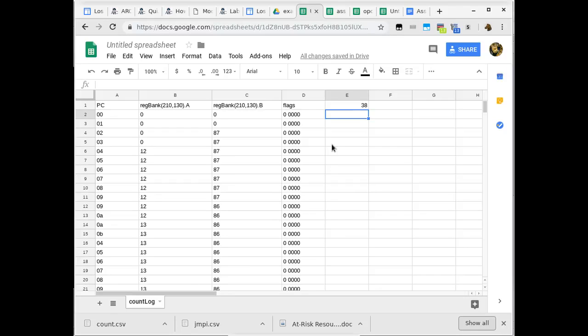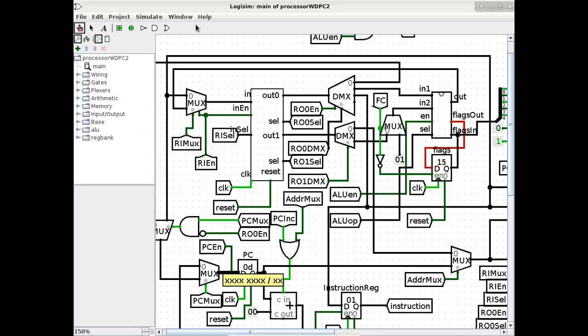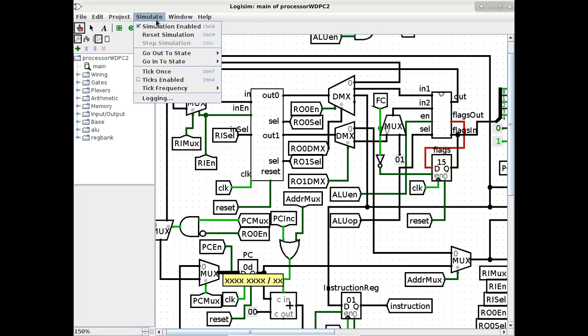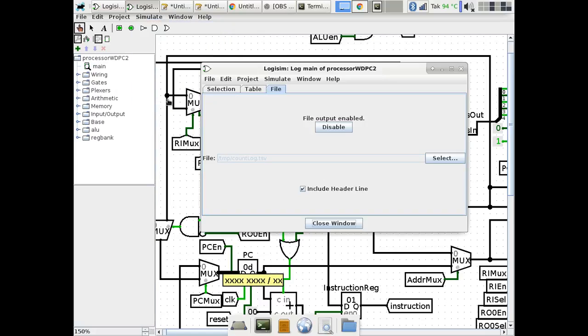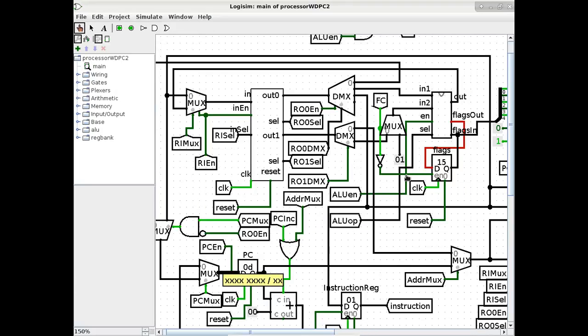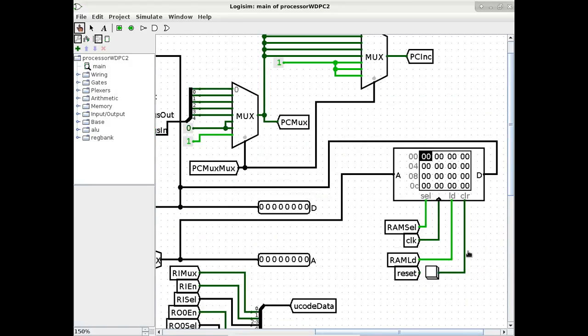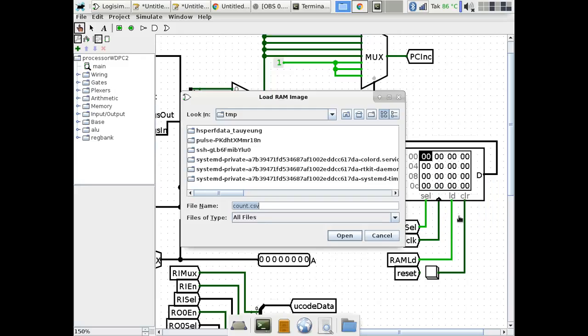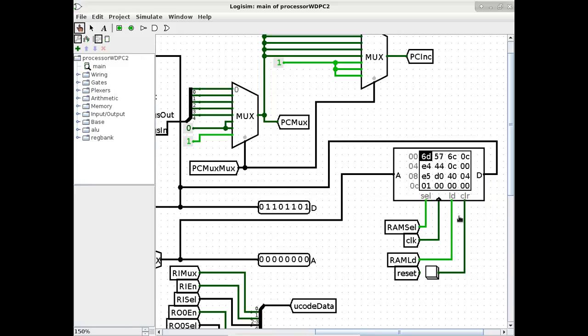Okay, now that we have done it once, how do we reset the whole thing and do it again? You can go to Window, go to Simulate, go back to Logging, go back to File. You can turn it off by disabling it, or you can just run the whole thing again and see what happens. So we'll leave it alone, do a Control R, reset the entire processor, go back to the RAM, and reload the whole program in. It's count.csv, and then we run the whole thing again,